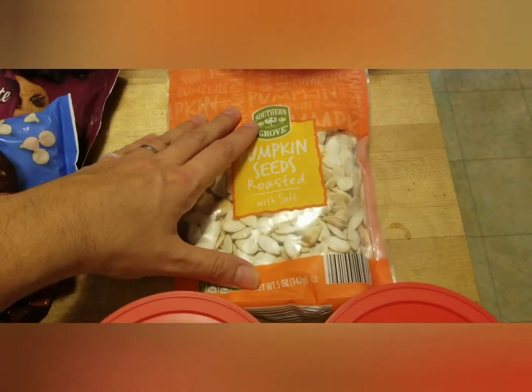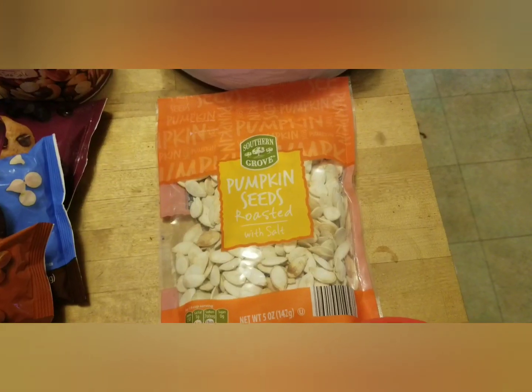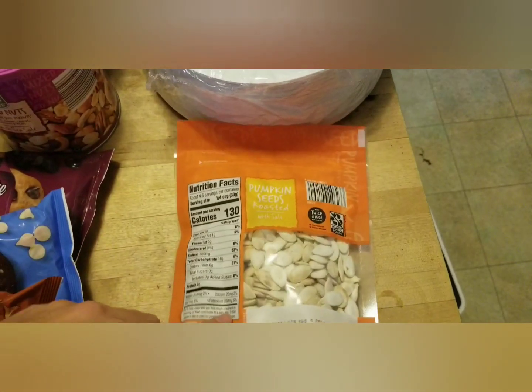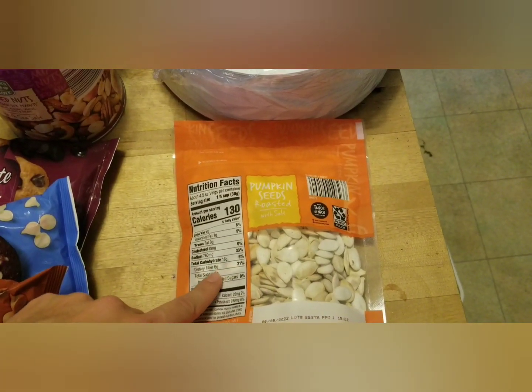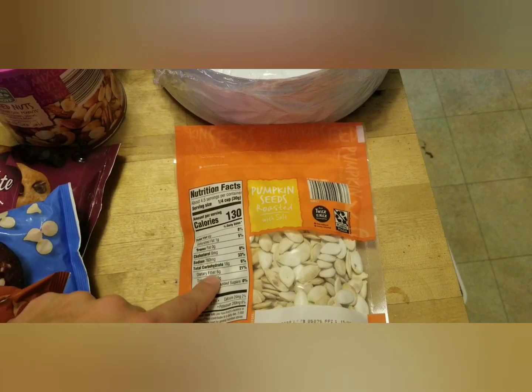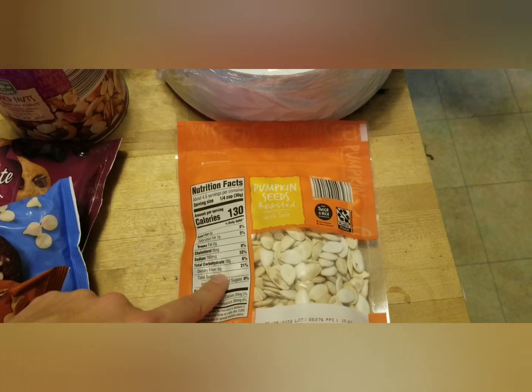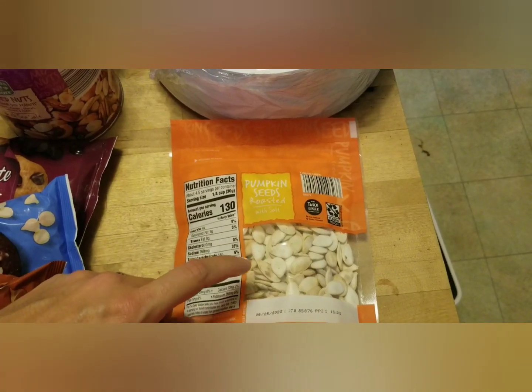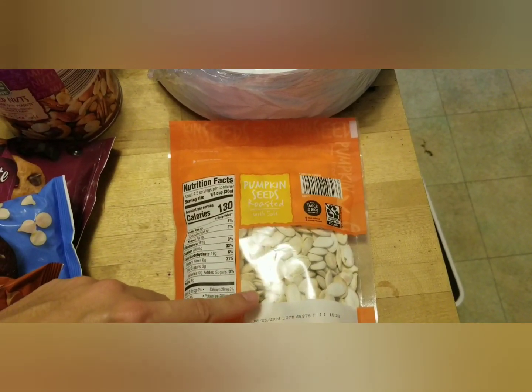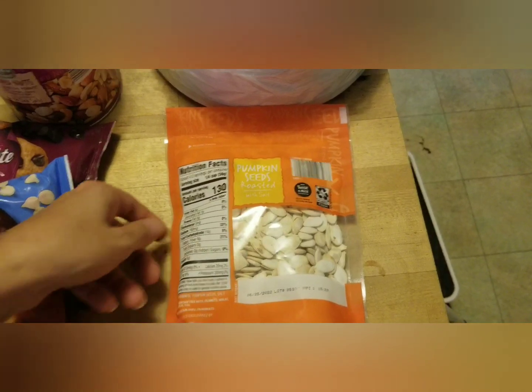There's a thing of pumpkin seeds, which isn't something I normally buy, but a lot of people in the low carb groups have talked about these being a decent low carb snack. It's 16 grams for 6, but you knock off the 6 dietary fiber. So it would be 10 grams for 1/4 of a cup. Not great, but I thought maybe for the occasional salad topping for some crunch,